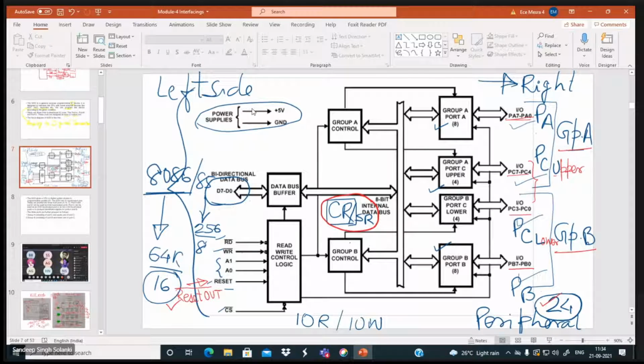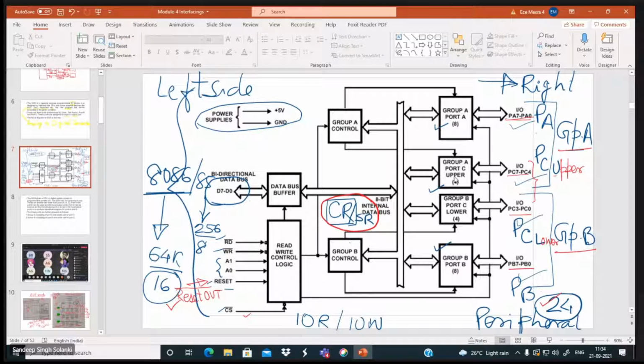Then power supply, 2 lines, plus 5 and ground, 34, 35, 36, 37, 38, 39, and 40. So these are the pins. Now come inside of it. When you go inside the chip, you find there are the blocks.